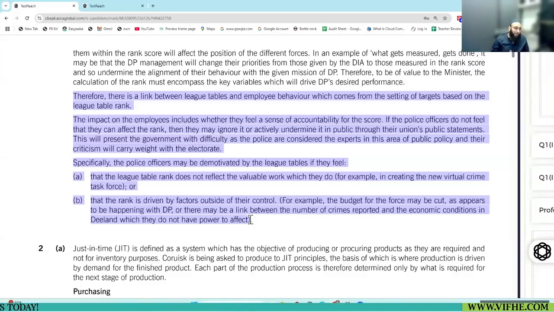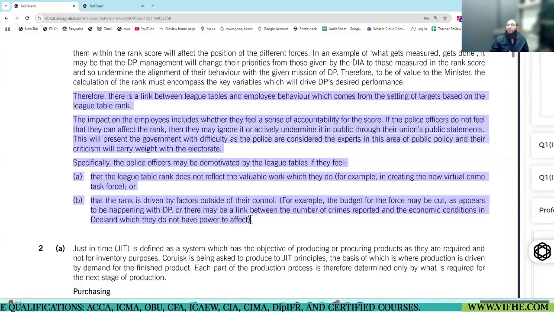Because if they get demotivated, they can definitely have a powerful union with the public, and this can all go wrong for the use of league table, because the public definitely will be with the police officers, as it is mentioned as well, and the public do believe that police, being experts, are better able to judge whether league tables will be useful for them or not.